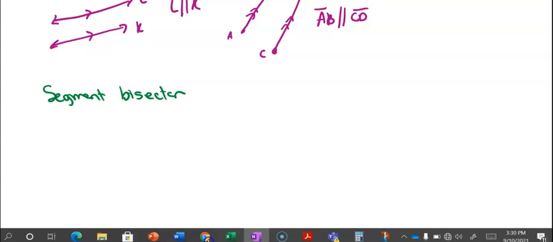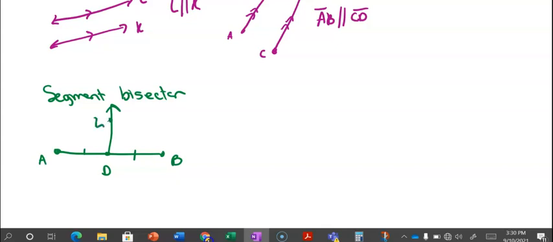A segment bisector would be that you have a segment like AB, and at point D you have a ray or another segment that actually cuts AB into equal parts, so you would mark that with congruent markers. So AD and DB are congruent,